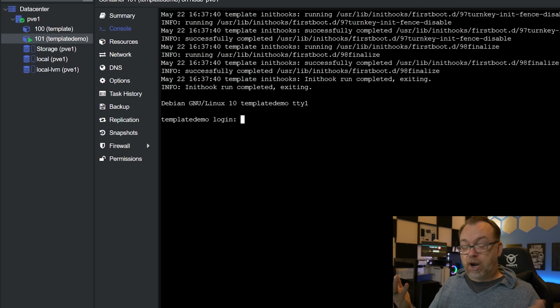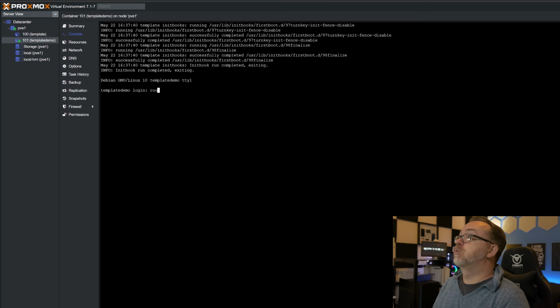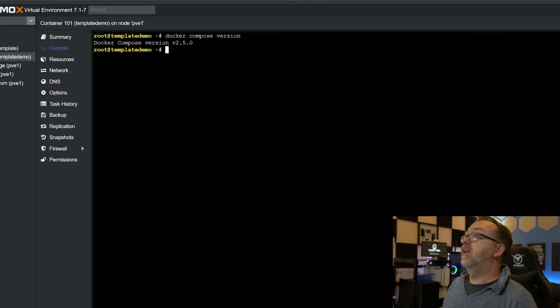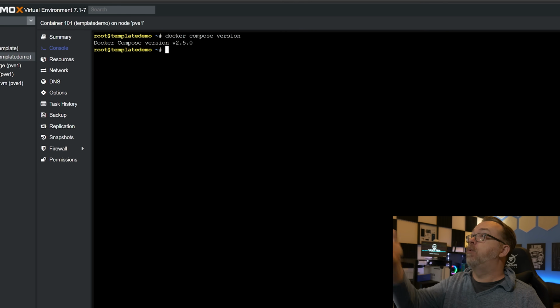And just that quickly, we're up and running. So check this out. We're going to log in as root. So we type in docker compose version here and hit enter. There we go. Now we've got Docker Compose version 2.5, which means that it actually took the previous instance that